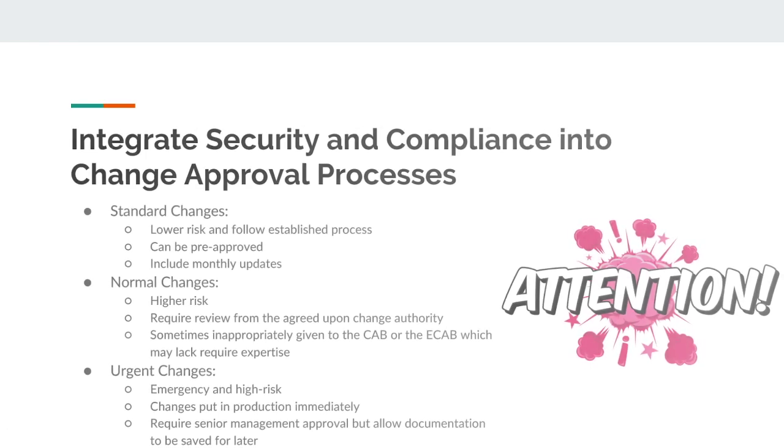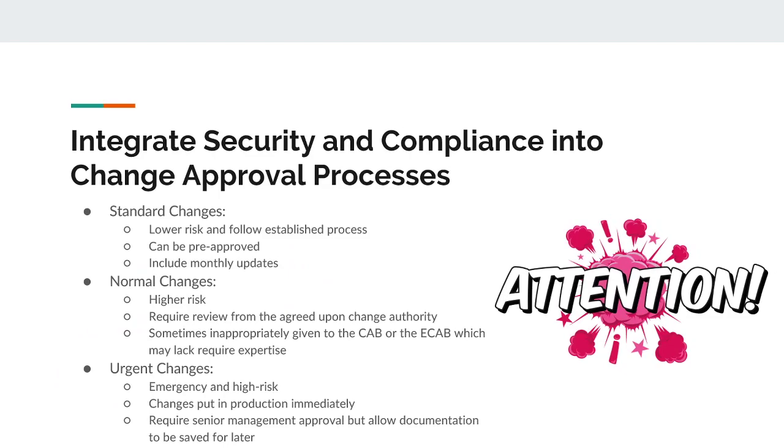There are three processes for the types of changes defined in ITIL, formerly an acronym for Information Technology Infrastructure Library. It is a set of detailed practices for IT service management that focuses on aligning IT services with the needs of business. They are standard changes, which are lower risk changes that follow an established and approved process, but can